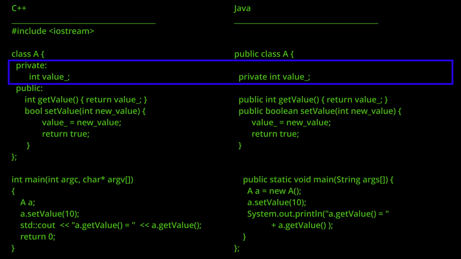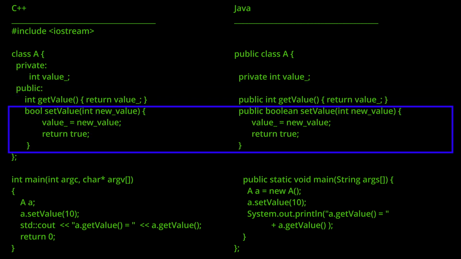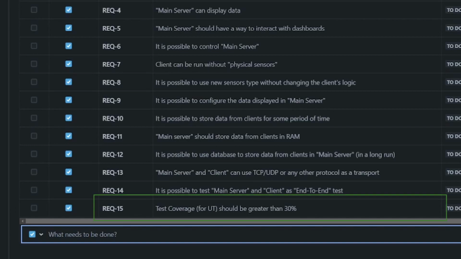We have a variable, and the variable which stores a value usually has private or protected access, and to get a value we should implement a get function, and if we want to change it we can write a set function. And in that case, with getters, setters, constructors for example, or some other corner cases, I know that quite often it is related to bad architecture, but instead of focusing on the important functions and properly testing them,